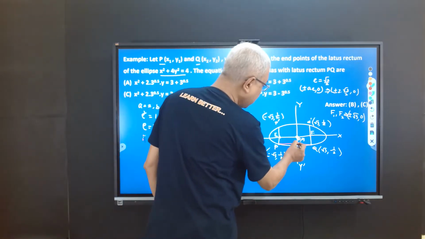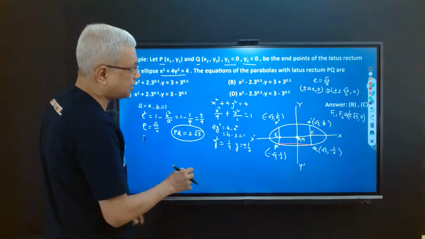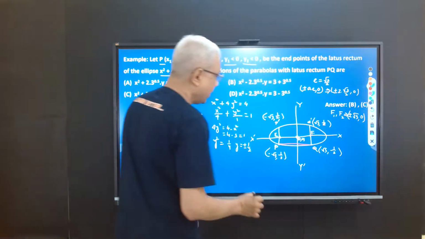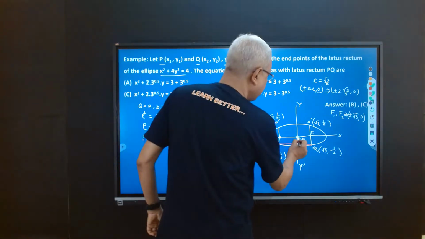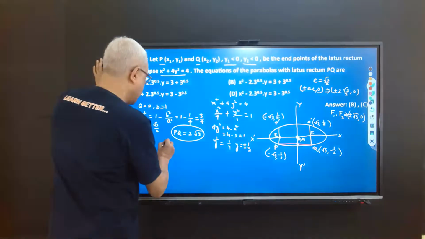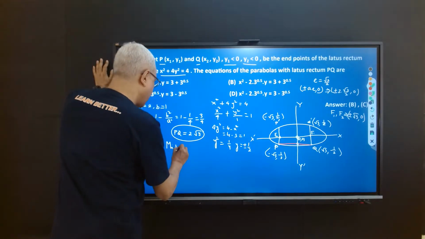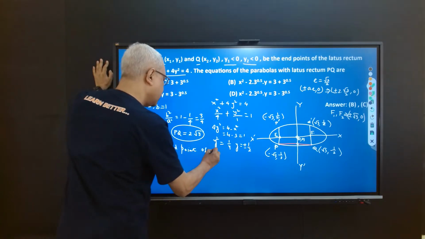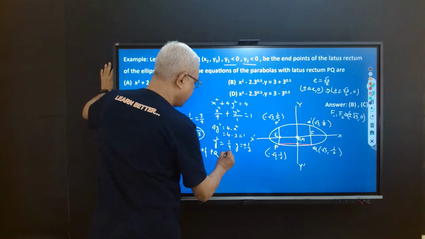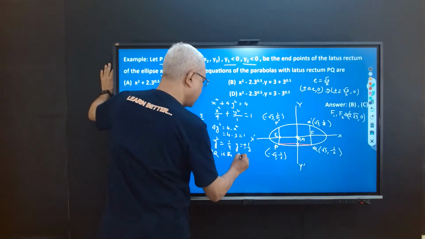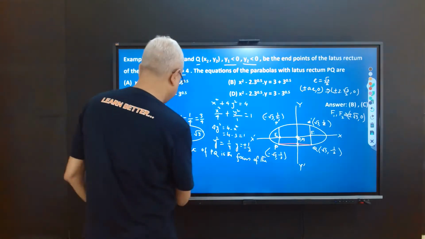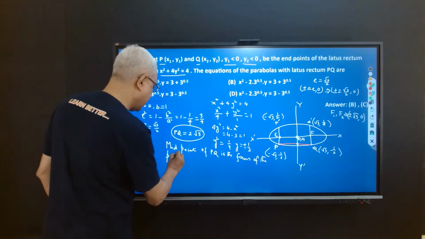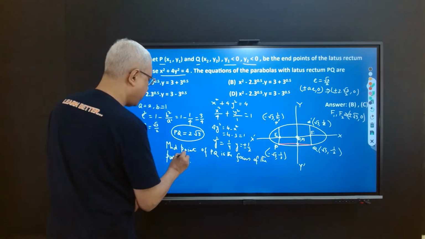Now just try to draw the parabolas which are possible with PQ as latus rectum. So the focus of the parabola must lie on this line PQ, and it will be the midpoint of PQ. So what is the focus of the parabola? The midpoint of PQ is the focus of the parabola. Obviously, because we know from our basic knowledge,